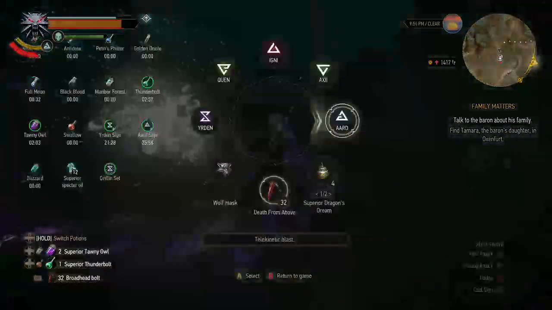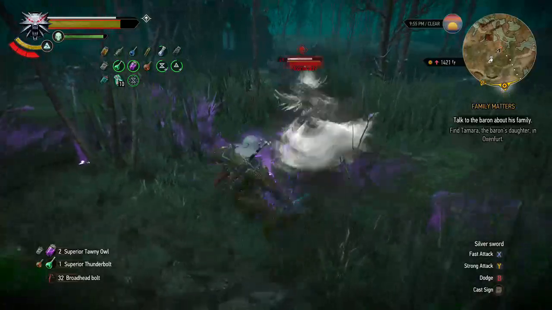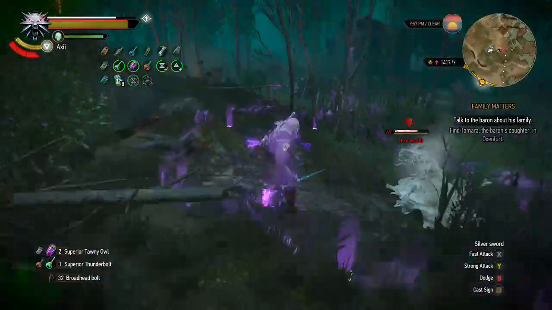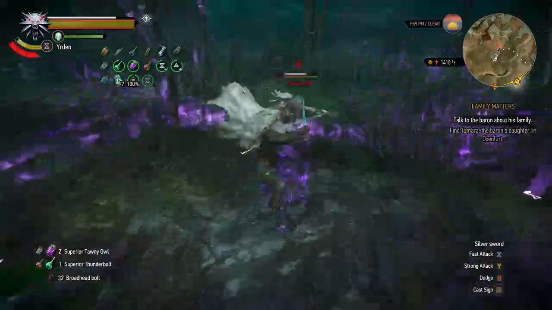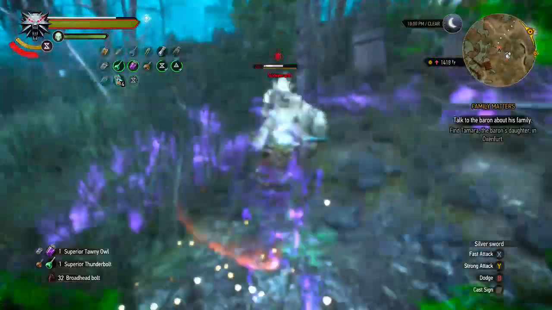She's recovered a ton of health there because I had the wrong sign. I meant to have Aard equipped, but never mind. Unfortunately, Igni's doing no damage either. This is where, you know, sign builds will sometimes have a bit of a problem. At least you've got Yrden to be able to help with it, but...